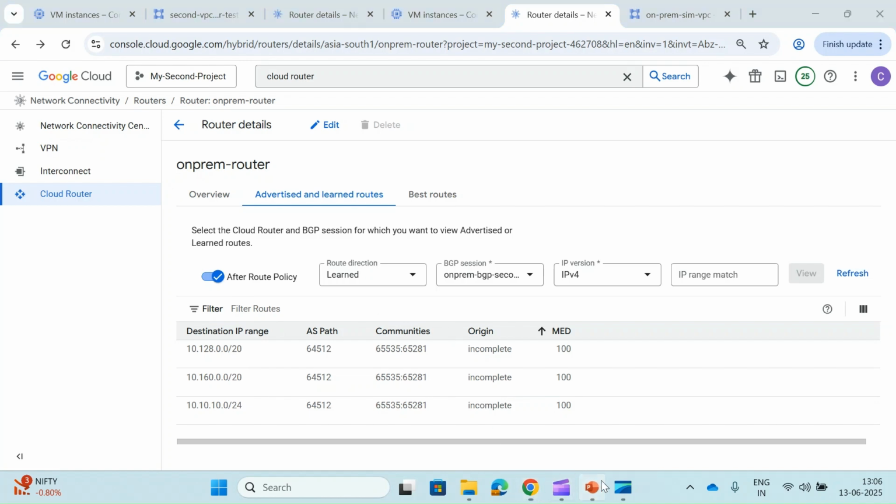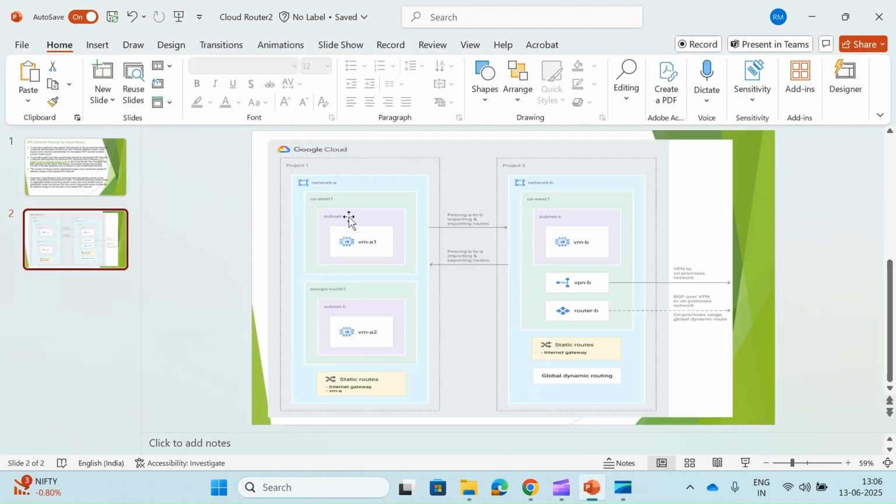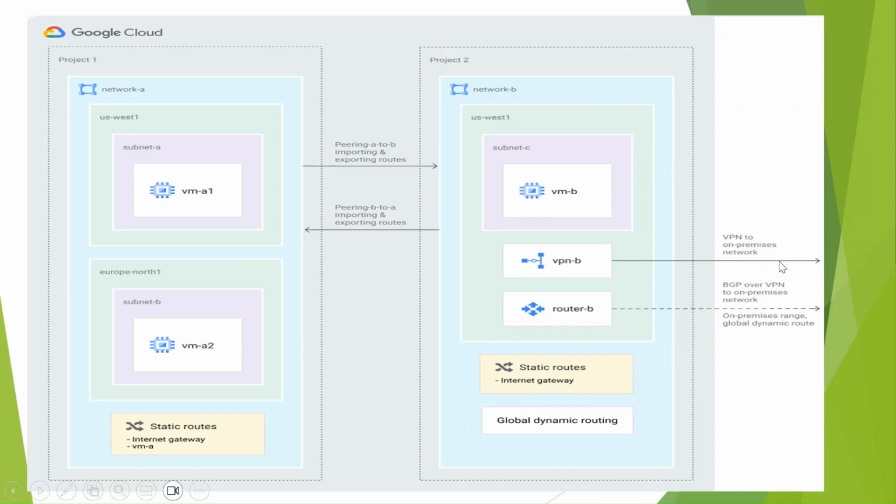If we go back to our diagram, you can see what is happening here. We are getting the routes of this VPC, like your on-prem route here, but when you try to send traffic, there is no route to return. In the cloud router, we haven't mentioned how to send the traffic back to this.